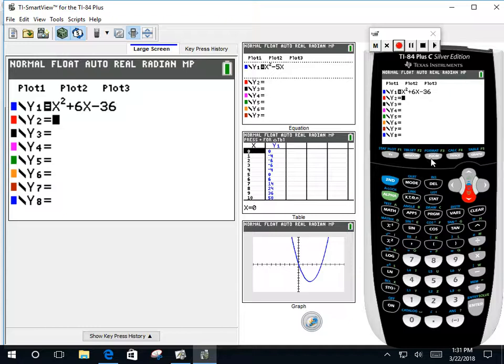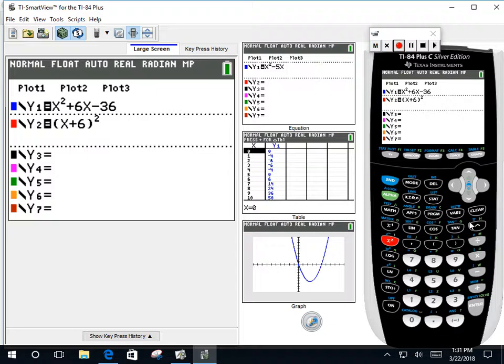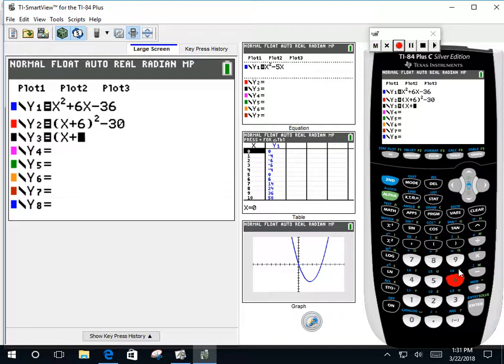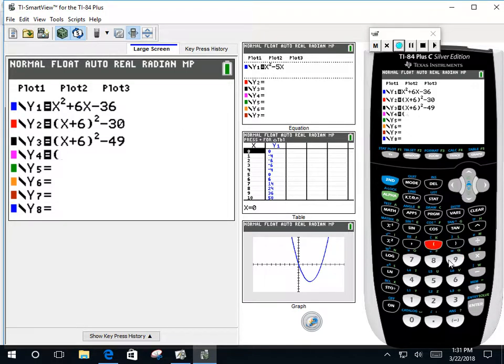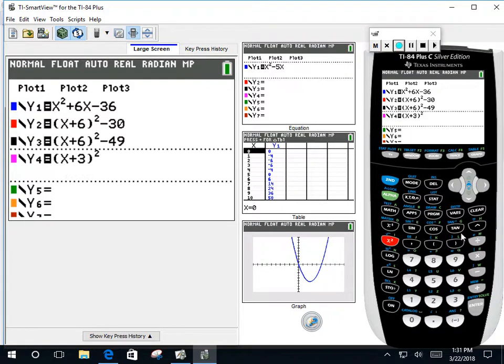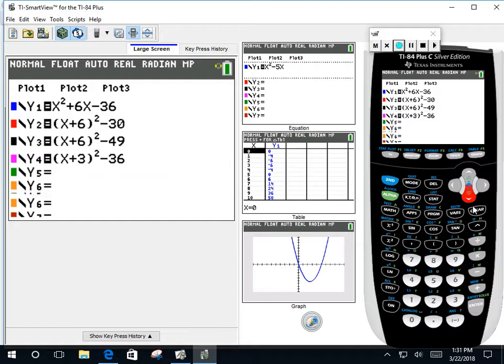Okay, so we're on question 9, and so the first thing I typed in was x squared plus 6x minus 36, the trinomial they gave me. Now in y2, I'm going to type in choice A, that x plus 6 squared minus 30. Then I'm going to type in x plus 6 squared minus 49. Then I'm going to type in x plus 3 squared minus 36. And then I'm going to type in D, x plus 3 squared